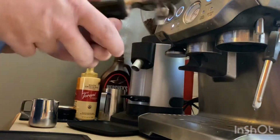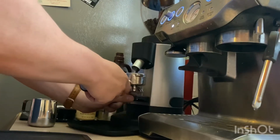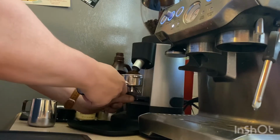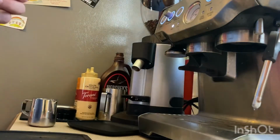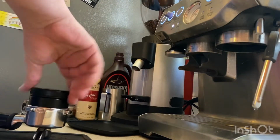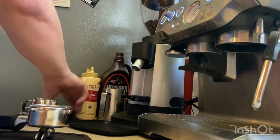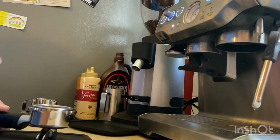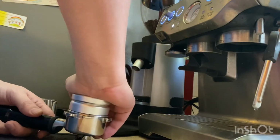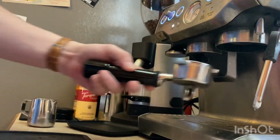So pretty standard setup. Going to fill up my portafilter. I'm using the same Nicaraguan beans from Sweet Maria's that I used yesterday. Once again, I'm just using a very cheap Amazon fine distribution tool. I didn't see the need, especially for this machine, to buy a fancy distribution tool. Maybe when I upgrade, I'll get something nicer. So now that we got our puck all ready to go,